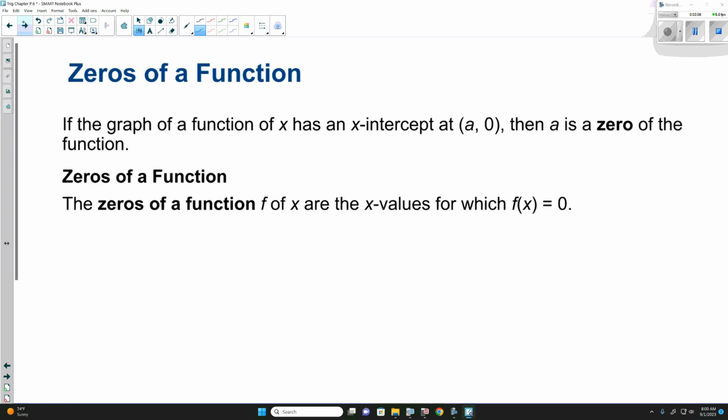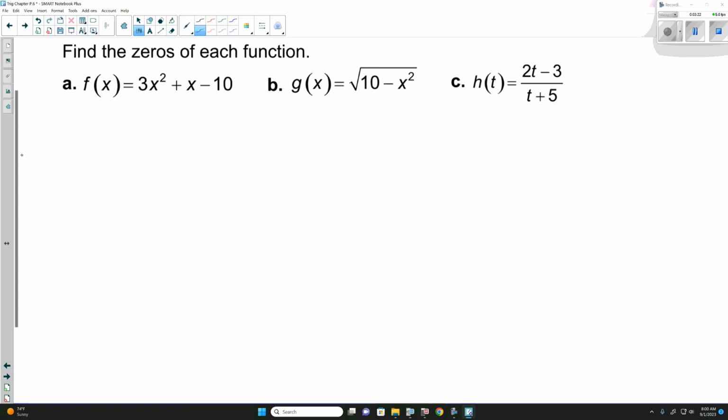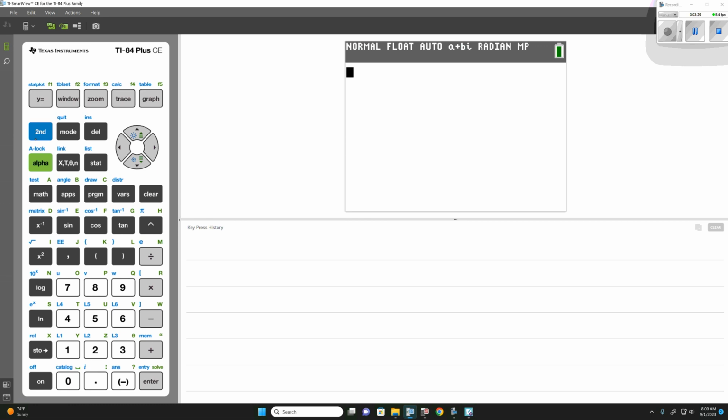Zeros of a function. The zeros of a function are the x values for which f of x equals 0. We're just looking for when it crosses the x-axis. For what value of x will the function be 0? And we could do that with these here. Because if we wanted to go about finding out 3x squared plus x minus 10, I could grab the graphing calculator,